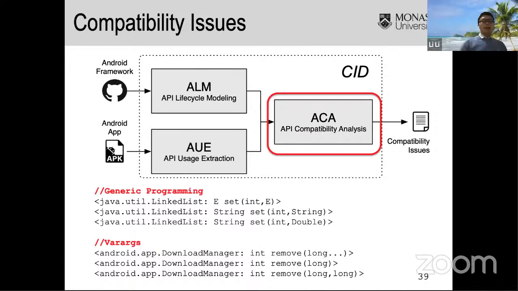identify the issues. There is also a small issue that we realized later, which is that the Android source code is written in Java, and there are some advanced Java features such as generic programming and varargs, for which the definition of those methods in the source code version is different from the actual version written in the bytecode. But once we identify those features, it is straightforward to change them to make an exact match.